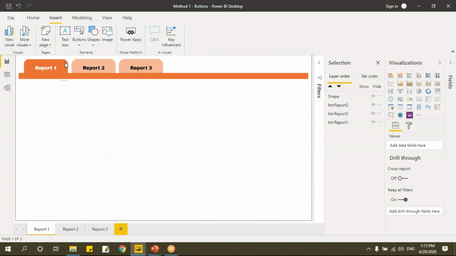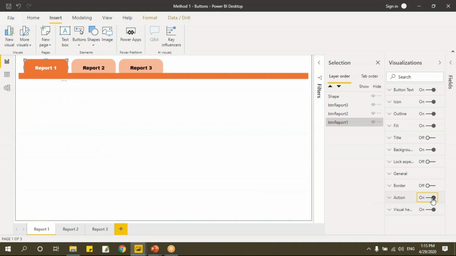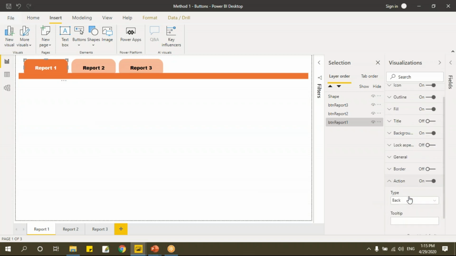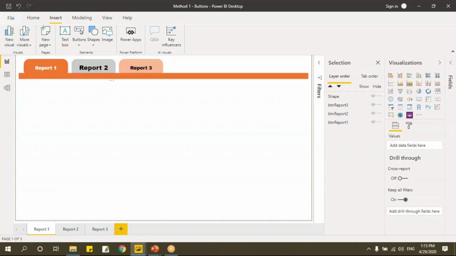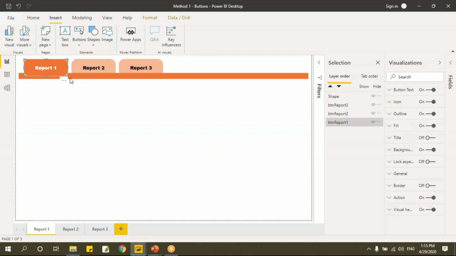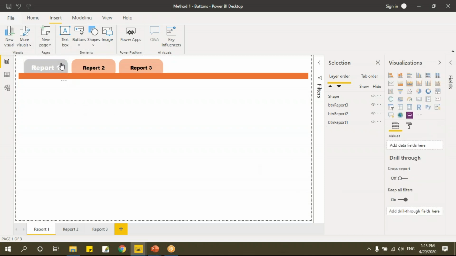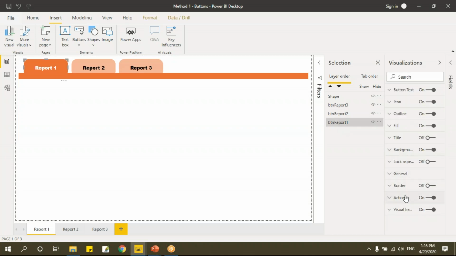Let me select this and go to action, and here if you say this, I'll say page navigation. I'll not get report 1 because I'm already in the same sheet, right? So that is why I told you don't have to give navigation for this. Let me select this. So if you go here, select, say action, make it off.